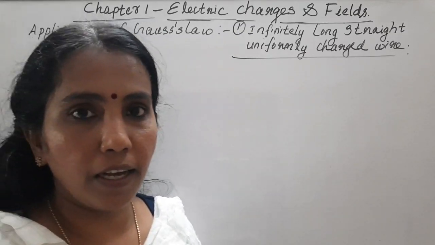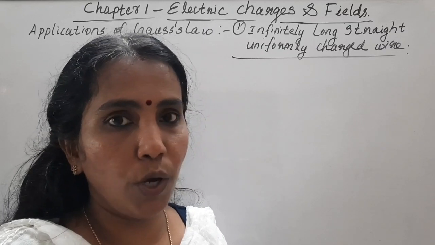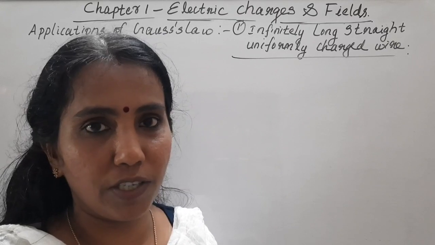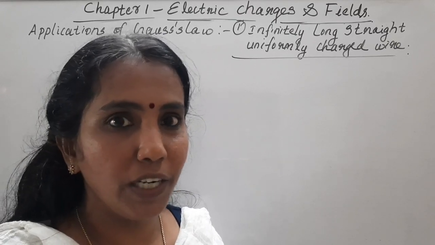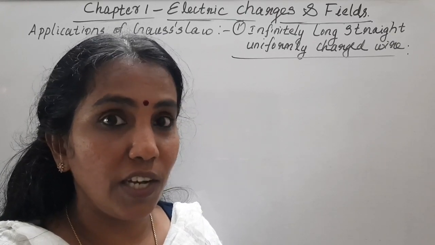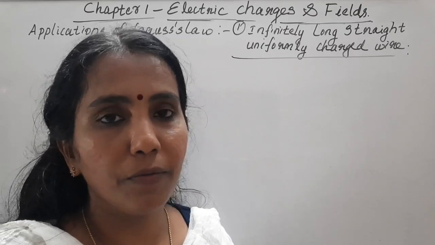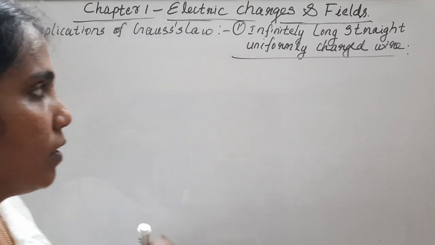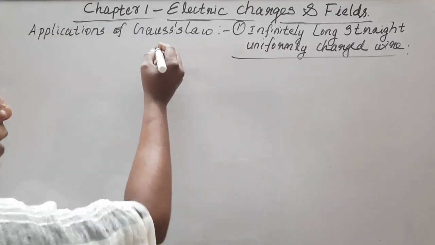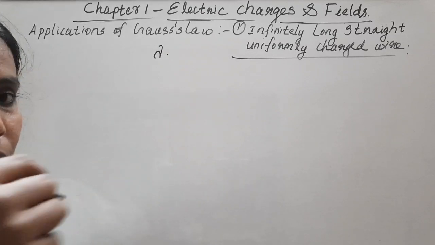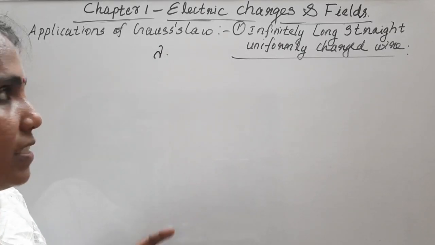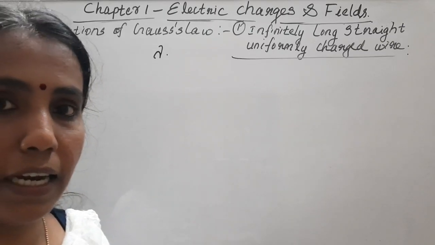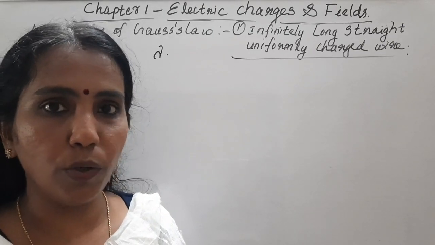So we have already discussed Gauss's law can be used to find the field due to some continuous charge distributions. So we are familiar with the word continuous charge distribution. So such an infinitely long wire we are considering. So what is the field due to that wire? So for linear charge distribution, you know that term linear charge distribution, that linear charge density lambda we know. So in terms of that lambda, what is that electric field? That's what we are going to discuss.